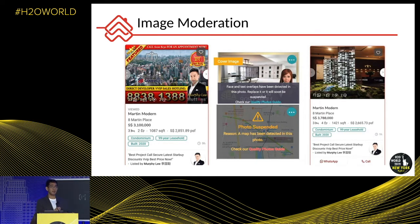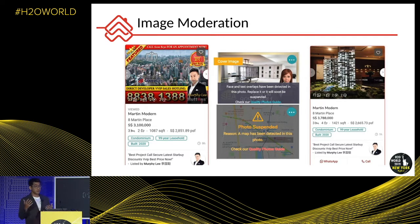Now, up until April of 2019, we allowed images that did not meet all our guidelines to be uploaded regardless. So our site used to look something like this, with a lot of overlays, distracting banners, neon-colored phone numbers and face overlays. As a property seeker, that creates a very distracting experience, because you're not able to see what that property is. You're not able to see how the room actually looks, but you're being distracted by all these different noises. So we started monitoring the images that are uploaded,